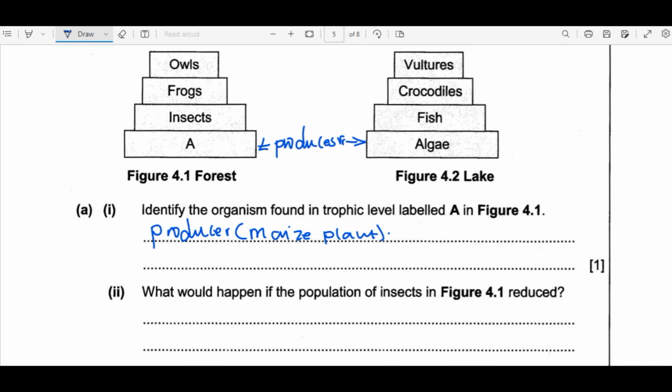Then for Roman number 2, what would happen if the population of insects in figure 4.1 reduced? So if this one reduced, what happens? The population of frogs would decrease. Why? Because the population they are supposed to feed on has decreased. So there is not enough energy for frogs. So say the population of frogs would decrease,